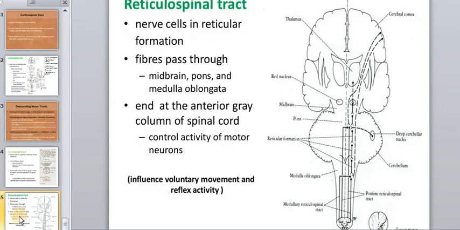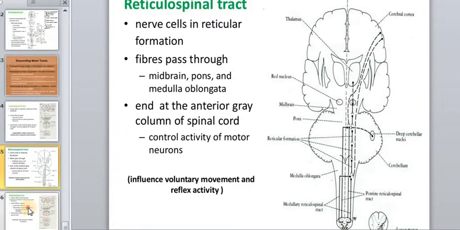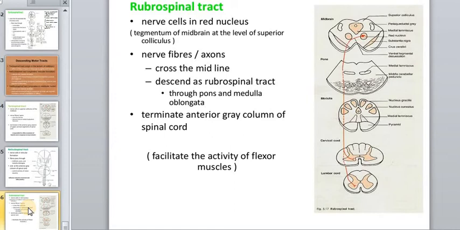And next, reticulospinal: nerve cells in the reticular formation, and this formation moves from the cortex, especially the part of the thalamic area, and all the pons and medulla oblongata to the spinal cord, and the anterior gray column of the spinal cord controls activity of motor neurons. And the next one, rubrospinal tract, nerve cells in the red nucleus, and from the red nucleus